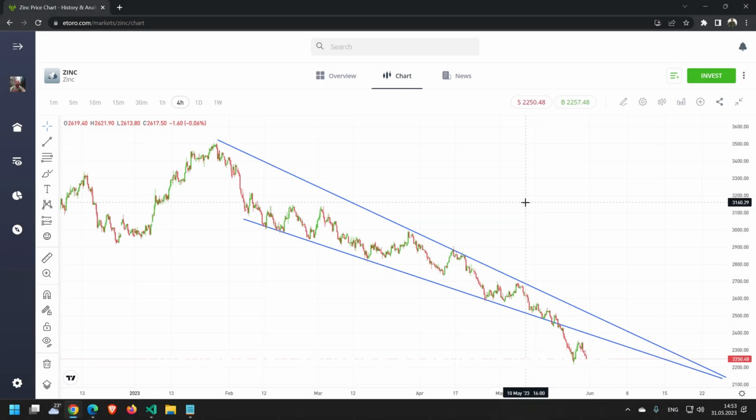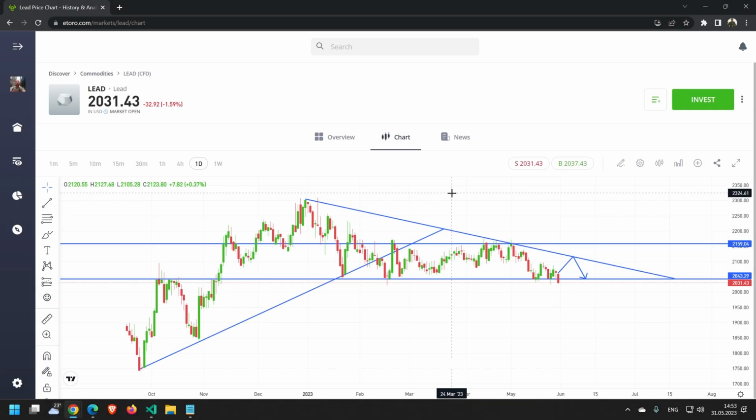On this chart, I wouldn't say anything because it has just fallen, and there is no clear picture of when it will come back to rise again. And yeah, I would say just don't touch this commodity market for now. I will take a look at it once a month maybe, and if there is any good buy opportunity, I will let you know. More or less the same picture with lead, and as you can see, it is in a downtrend